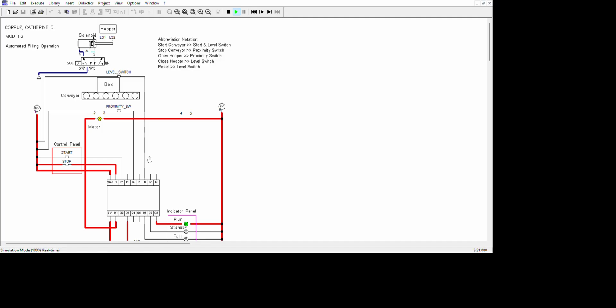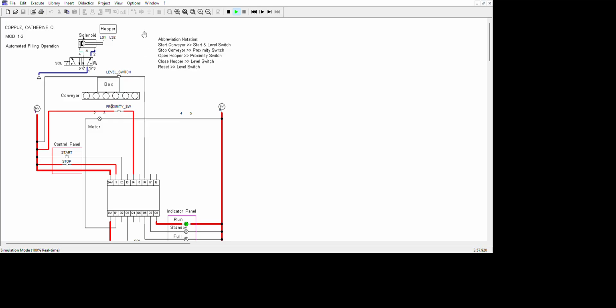So once it detects the box again, the proximity sensor is triggered. The box is now aligned on the hopper. So when I press the proximity switch again, the motor stops running, no indicator, the solenoid moves to the LS1 position, and the hopper is open.